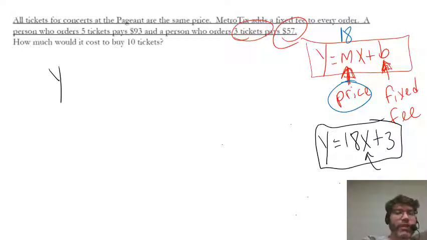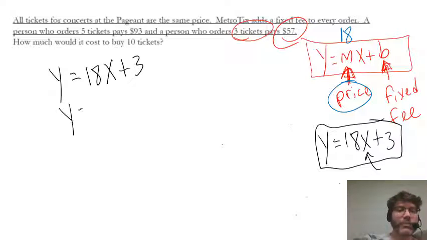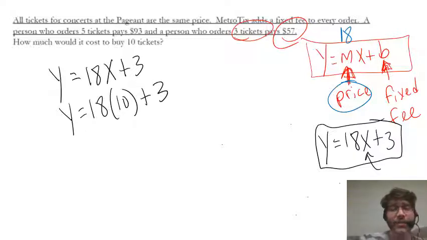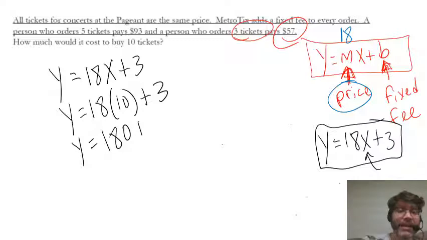So instead of writing y equals 18x plus 3, now substitute out the x and put in 10. y is going to be my ultimate total cost. So I know that each ticket is costing $18. I want 10 of those tickets. So 10 times 18 is 180. Plus that fixed fee that Metro Tickets is going to charge me no matter what the size of my order is. So $180 in tickets plus $3 in service fees makes it $183